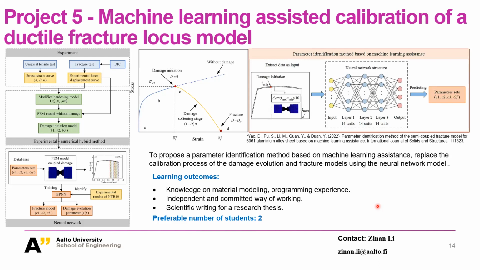So it's a problem driven project. These projects 4 and 5 are all related to the model calibration process. You are quite familiar with high strength steel actually. It's used quite widely in the